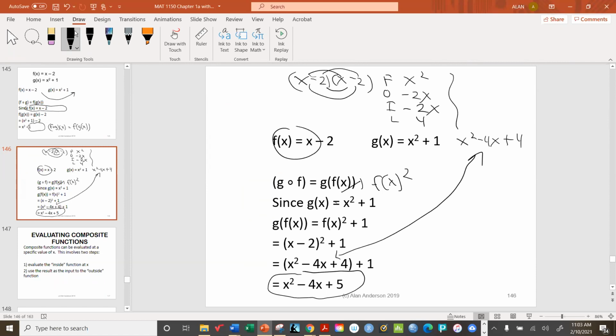Now, by the way, I just wanted to quickly show you another approach to multiplying two expressions together like this, which is more general than what